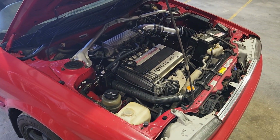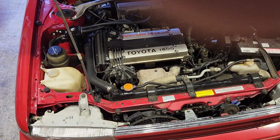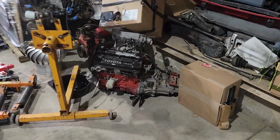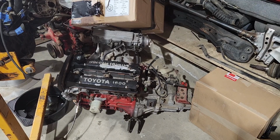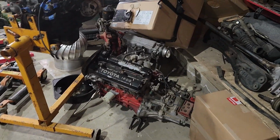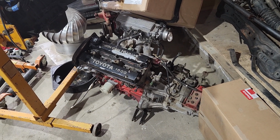But yeah, so now the dilemma is, do I want to pull this one out and rebuild this, or I can rebuild this other handy one I've acquired and then drop this one in. So this one is also SMALLPORT, but this one has turbo internals in it, and it's been previously modified. So I just bought a parts car the other day, which is another Seca, but it had previously been turboed. So this thing's got GZE pistons in it,